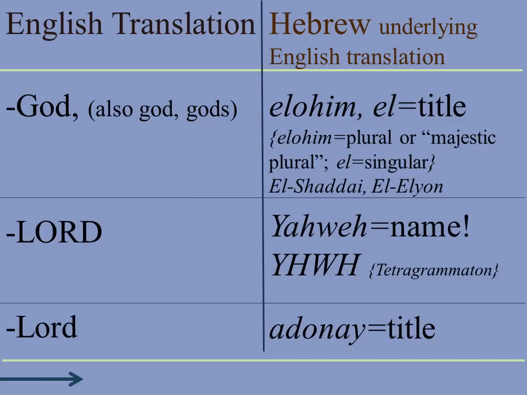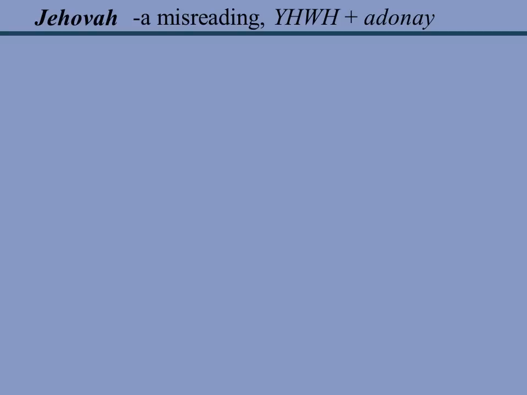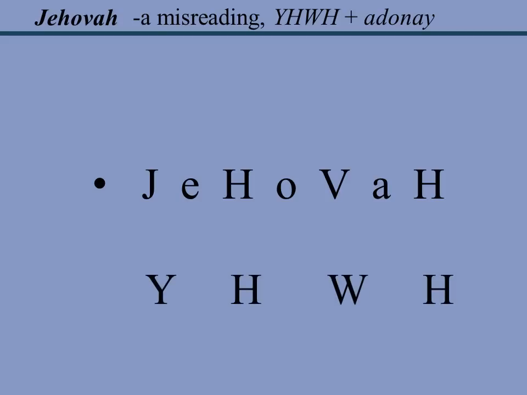Finally, one last term that I'd like to discuss with you is Jehovah. Jehovah is a term not found in the Hebrew Bible itself, and in fact is a misreading, a combination of the Tetragrammaton, YHWH or Yod-Heh-Vav-Heh, and the vowels of Adonai. Well, let's see if I can demonstrate this to you. Here you see the term Jehovah, and I've capitalized the consonants J, H, V, and H. Well, now you can see where I'm going, I think.